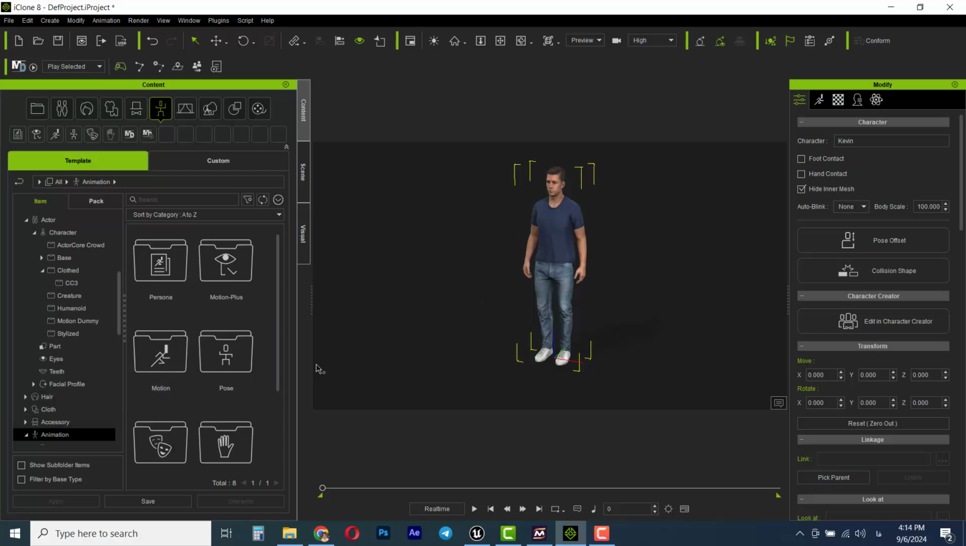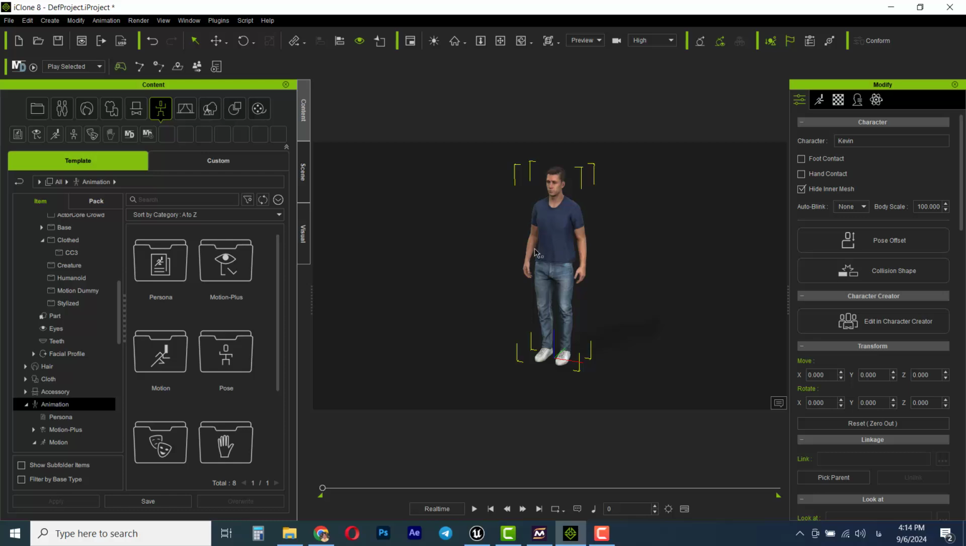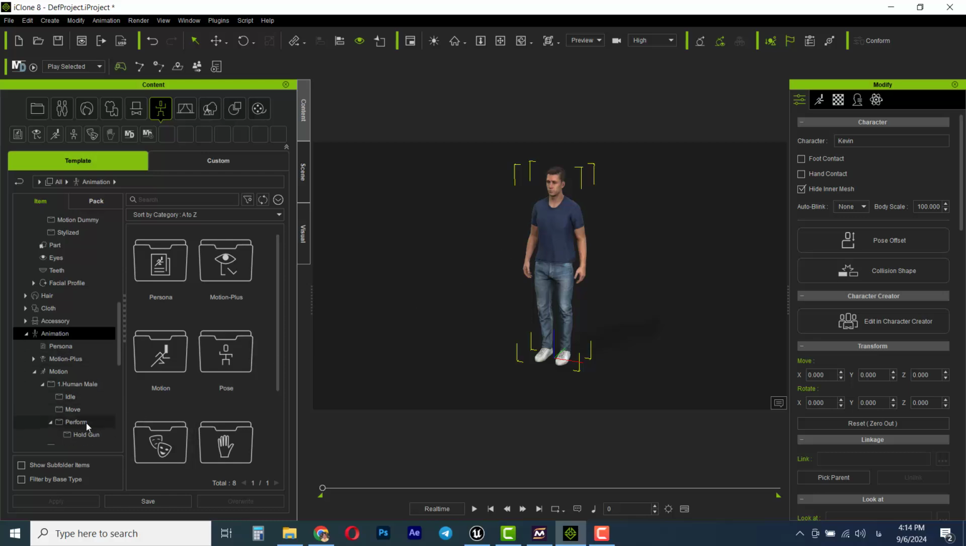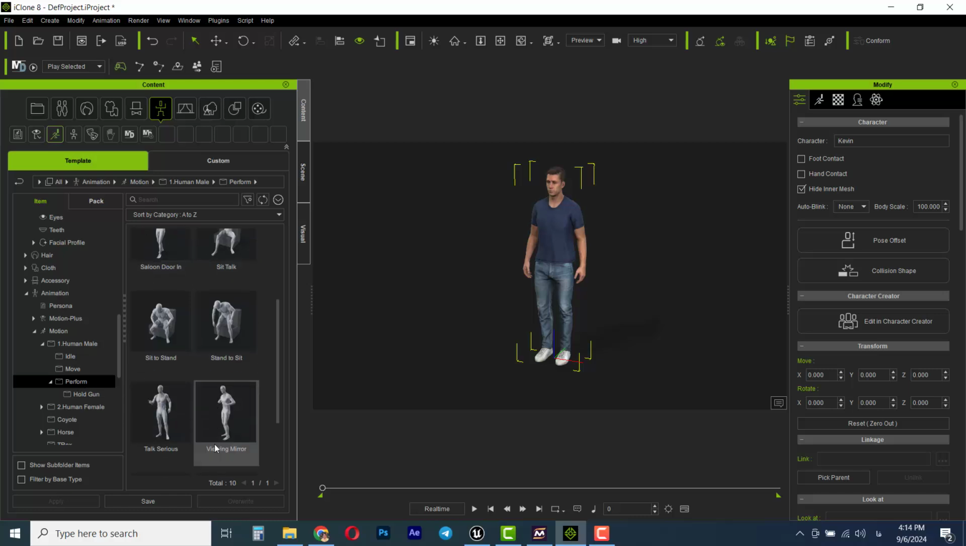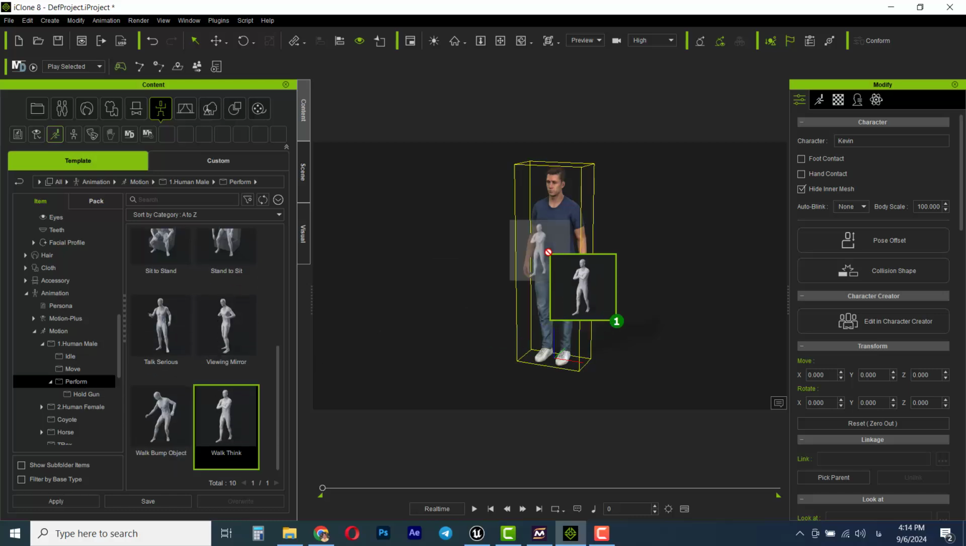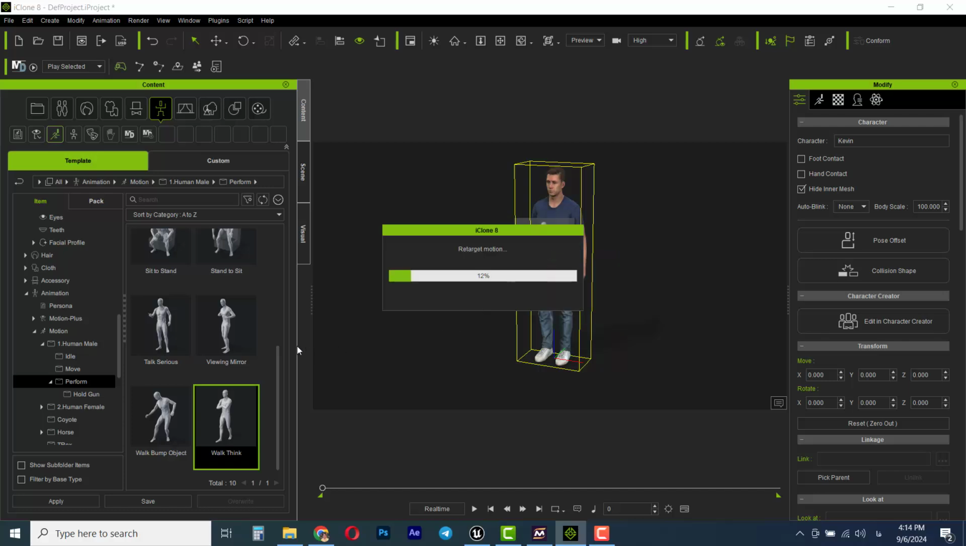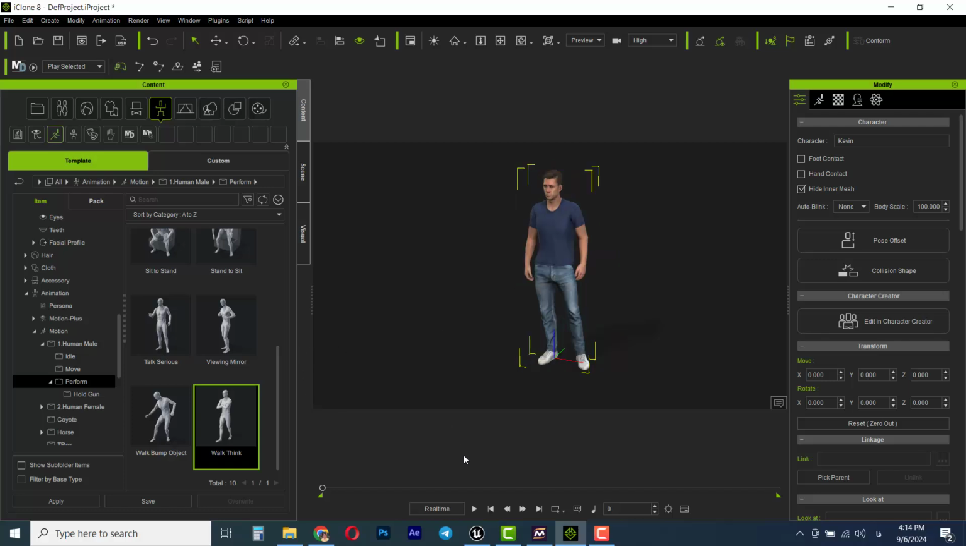Go back to iClone and apply an animation to a character. For example, this one is the Kevin default character of iClone 8. I will go to the Perform section and I will apply this one. For example,